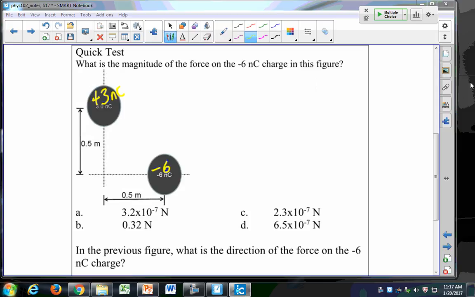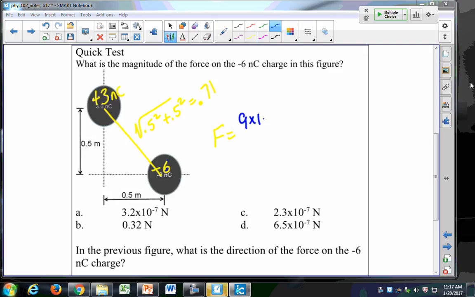Let's just double check. We'll work through it. So here I need to know this distance. This distance is the square root of 0.5 squared plus 0.5 squared. I think that's 0.71, am I right? Yeah, it's the square root of a half. Then my force is going to be